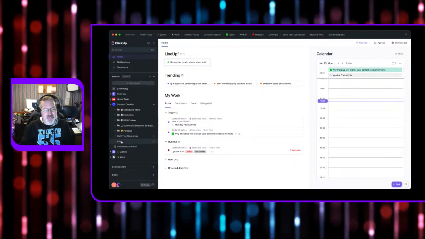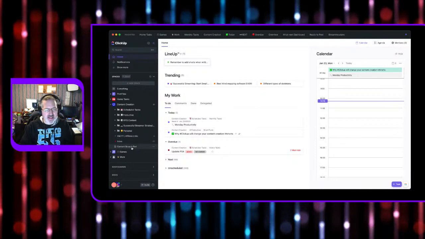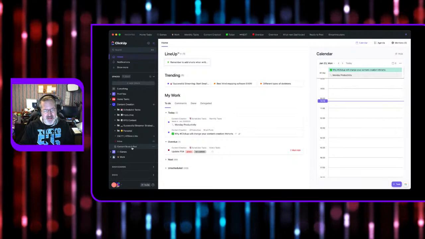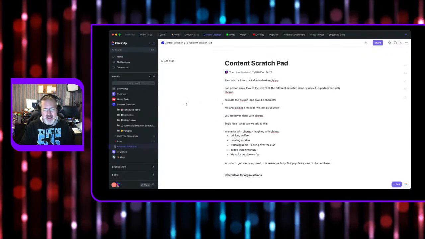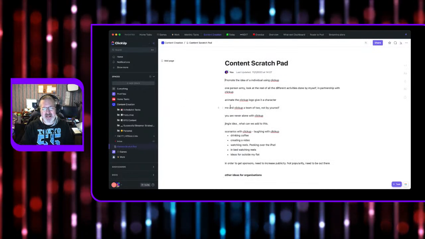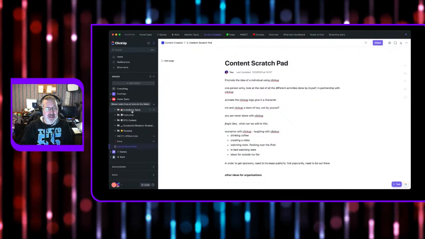And then this is my inbox where all my tasks come, and then this is where I just jot down information. This is just literally a document that I can write down information in as I go along.